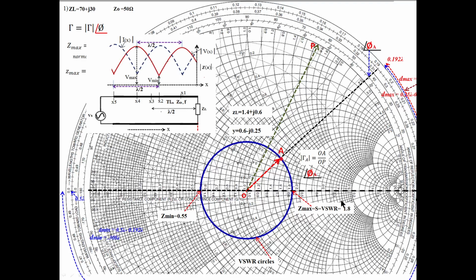So how to do that? Starting from the load point, you move like this, go on moving like this. You stop wherever the minimum impedance is. As I said, and it is also true, the minimum impedance is always observed wherever the VSWR circle cuts the left side of this Smith chart, this horizontal line. You stop here. So what is the distance here? This is the minimum impedance that you read here, the Z minimum impedance value.